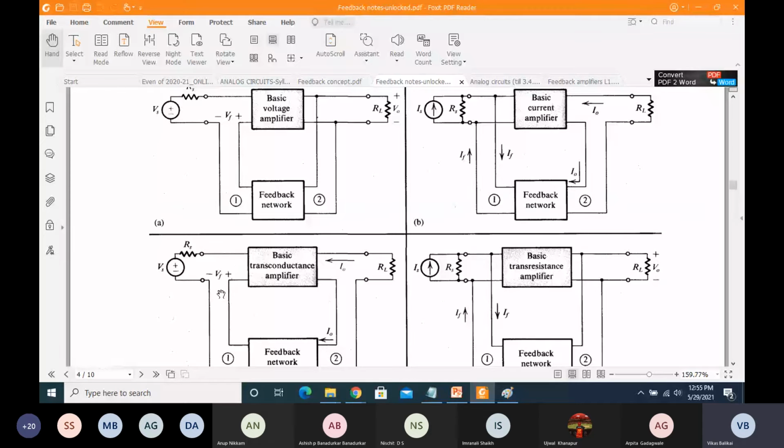And see, as you can see, the voltage at the input is series connected. This is exactly the same way it is connected. And the current at the output, how is it connected? It is also connected in series, and that's the reason it is called series topology.